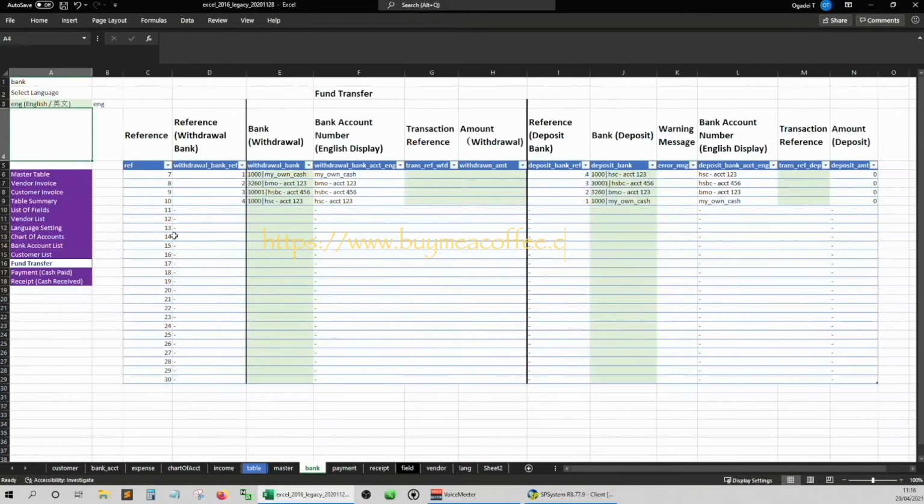Now I go back to the fund transfer and redo the fund transfer reference column formula.